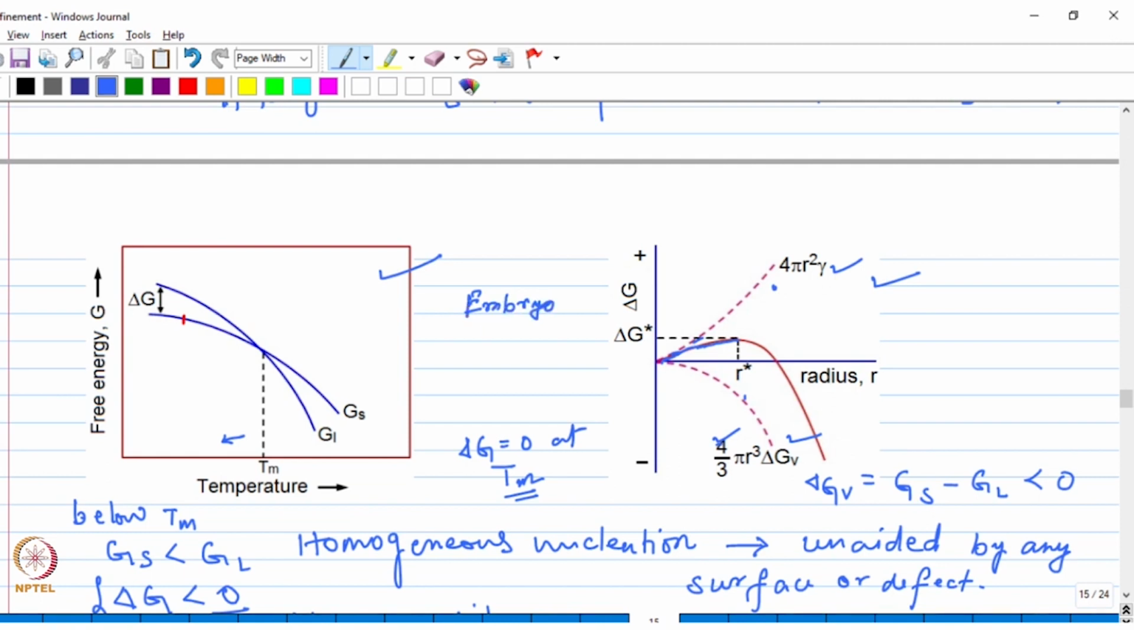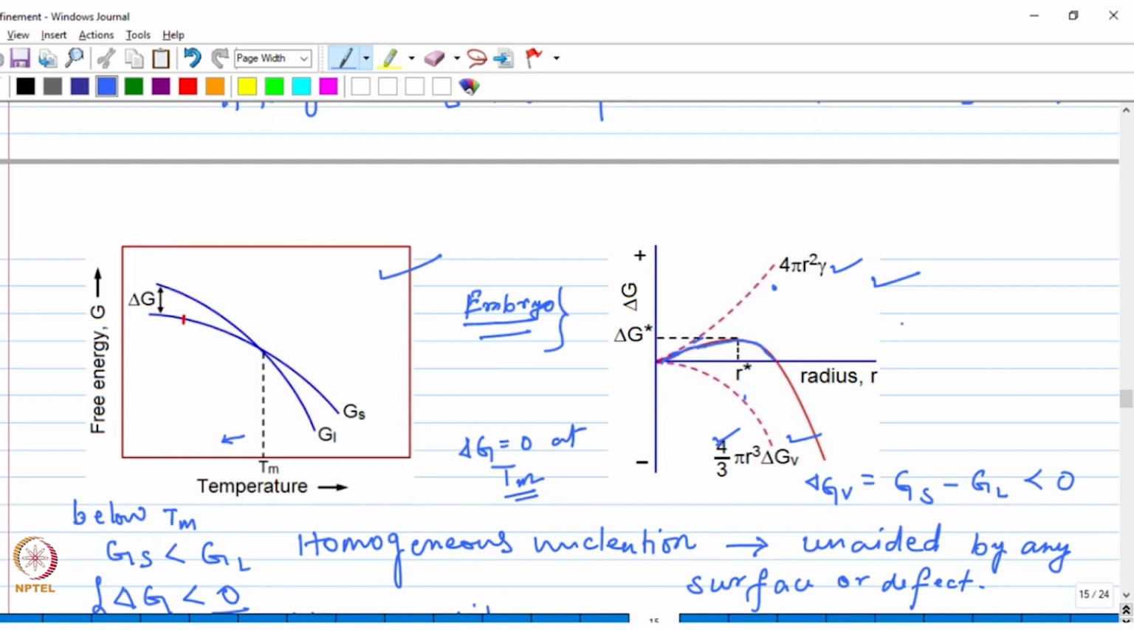Which is not stable because it has not reached that critical size, and since below this the free energy increases, this is not going to be stable, right? On the other hand, when you cross this critical size, the free energy goes down, the free energy decreases, as you could see, right? So that is why beyond this critical size only,